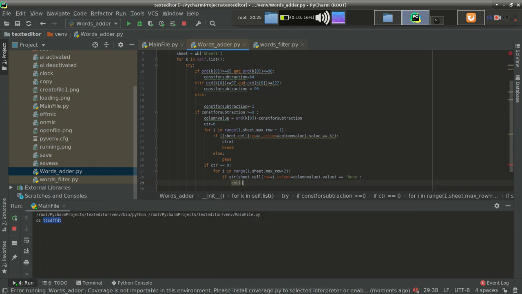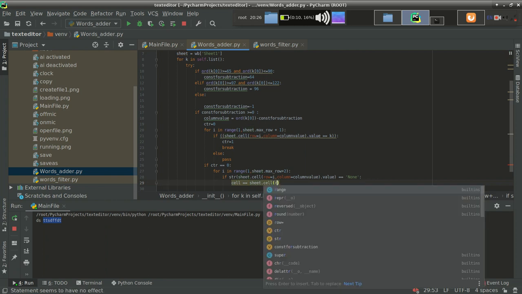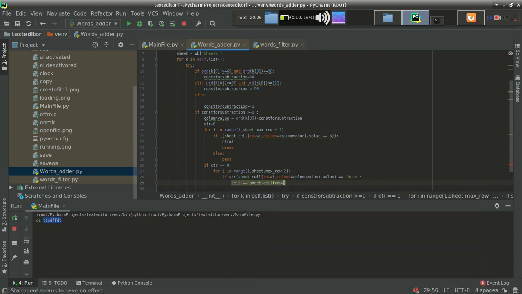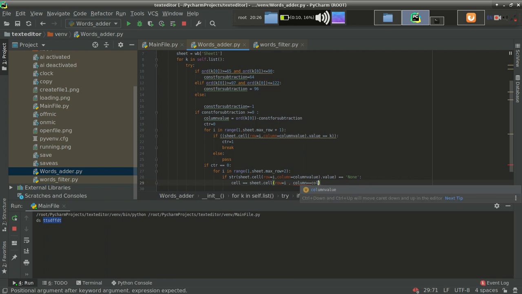Let's see, cell equal to sheet dot cell, row equal to i, column equal to column value.